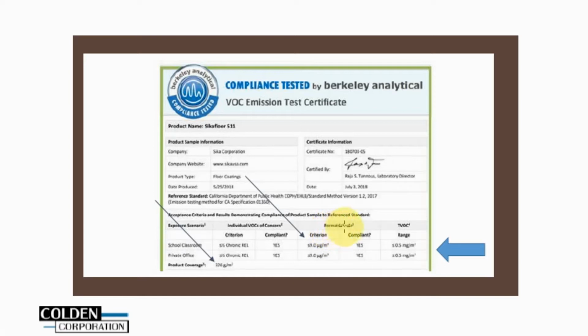And then the TVOC number, the total volatile organic compound number. John mentioned this earlier, as this is a very low number. It's less than or equal to 0.5 milligrams per cubic meter. And you can see the range is,